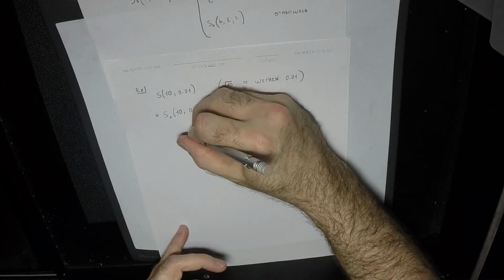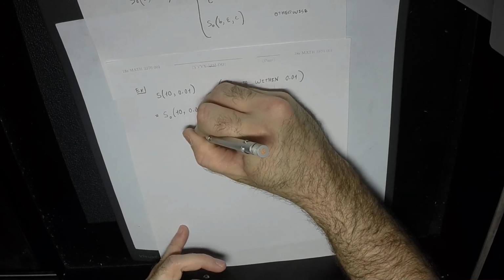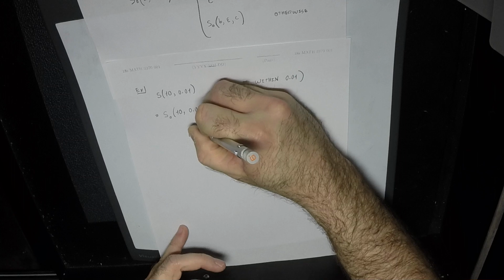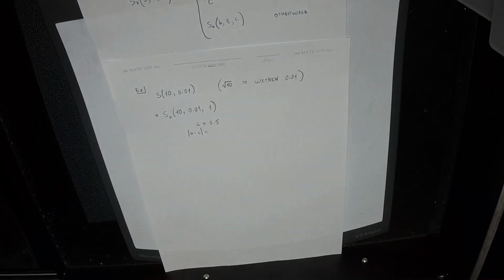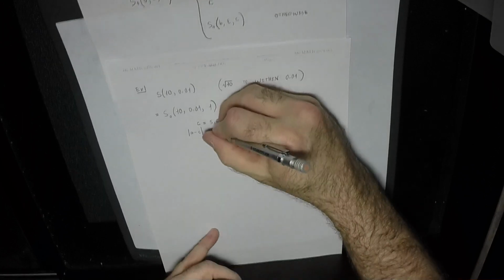So the difference, I'll write, the absolute value of A minus C here. So A minus C in absolute value, in this case, is equal to what? 4.5, right? So is 4.5 small enough? Yeah. It's not. So we continue